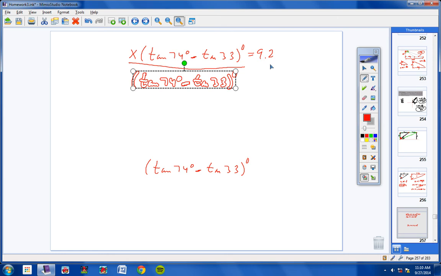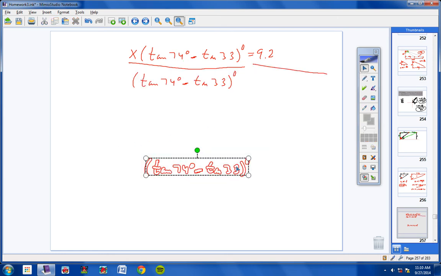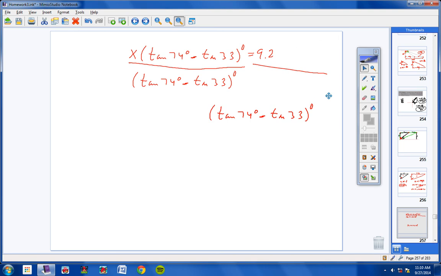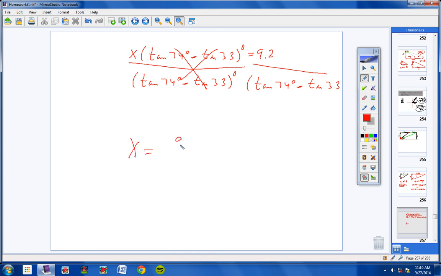Sorry about that. All right? So if I divide one side, I've got to divide the other side by the same thing. There we go. Now these would cancel, and so you're left with x equals 9.2 divided by tangent of 74